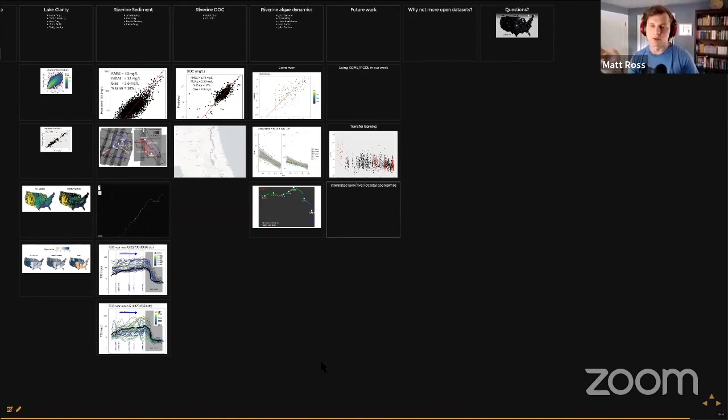And then a pitch that I'm constantly making is that when SWOT launches, the promise of SWOT is global estimates of discharge for every river bigger than 90 meters, and global lake height, therefore global lake volume for every lake larger than 250 meters on a side. To me, that has to be paired with water quality estimates. So Landsat 9 and Landsat 8 and Sentinel-2 sister really well with other satellite missions that are about to launch. So that's SWOT and then NISAR too.